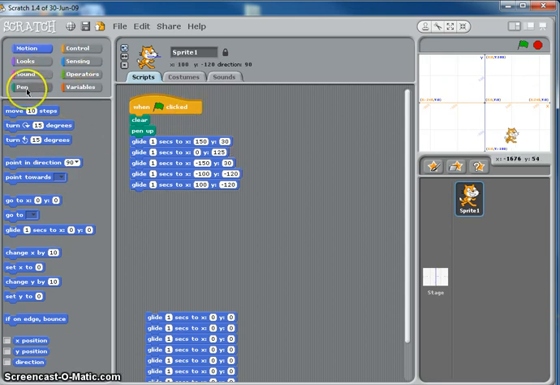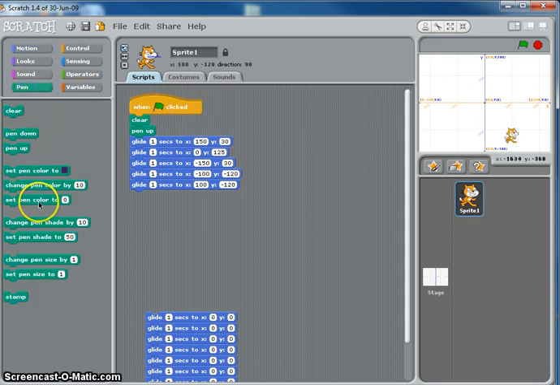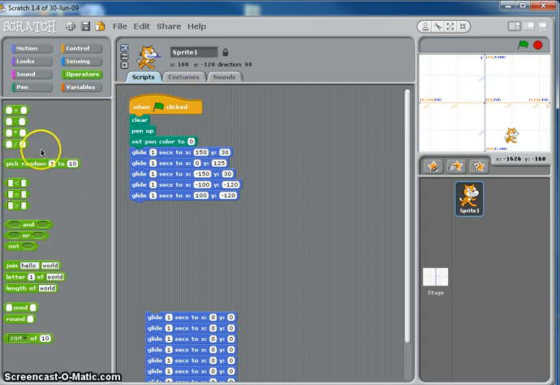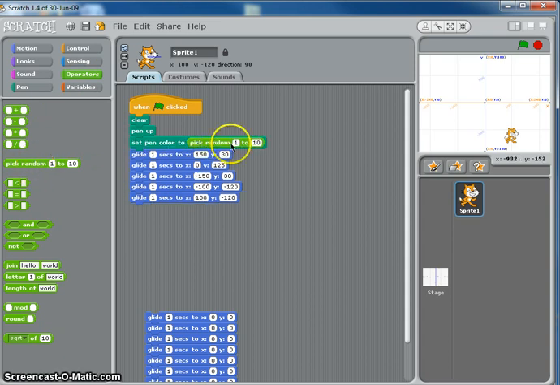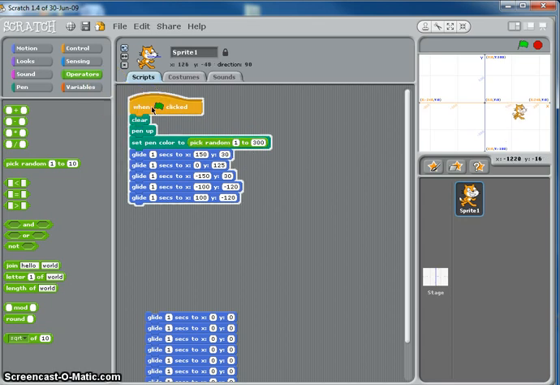So now we want to go back to the pen tool, and we want to set our pen color. Every color has a number, so we want to use this right here so that we can change the colors as we go. So go to your operator, grab a pick random. Instead of having just one color 0, we're going to keep changing our color from 1 to maybe the first 300 colors. So right now, every time through it's going to change colors. So if you click on that,